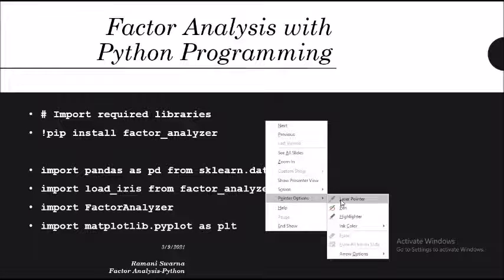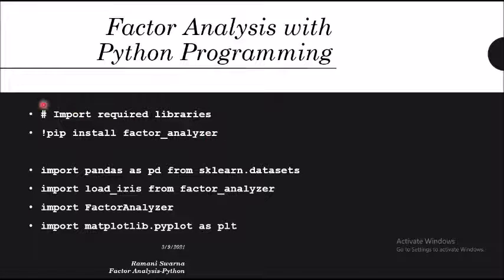First and foremost, there are certain things you need to understand about the packages and libraries necessary to perform factor analysis, regression, principal component analysis or principal component regression. Going forward, I will also be doing regression and PLS-SEM using Python programming.